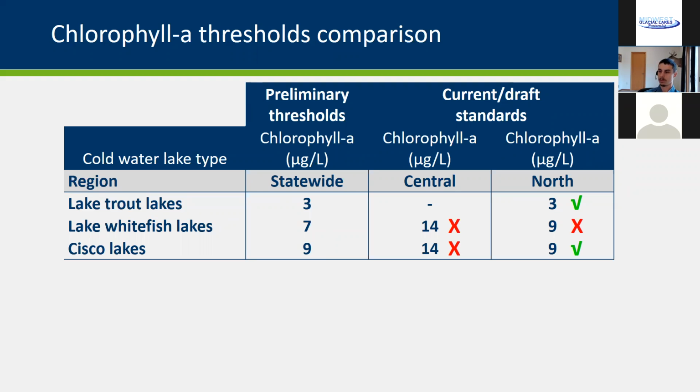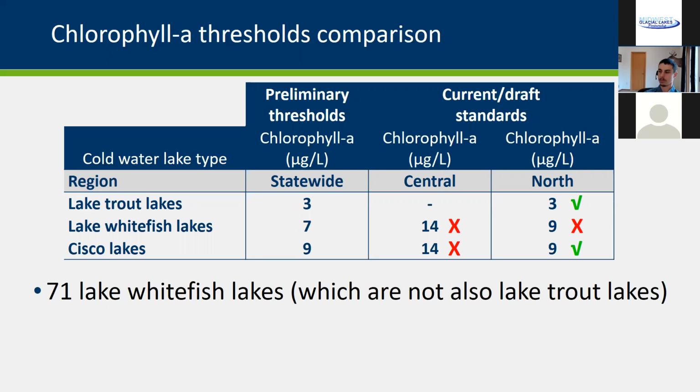For Cisco, it's mixed. If you're in the central region, the current standard is too high. In the north, it's just about right. So there's sort of a mixed bag depending on which species we're talking about or where we are in the state. But what this means is that there are lakes that don't have a sufficient standard to protect them just based on